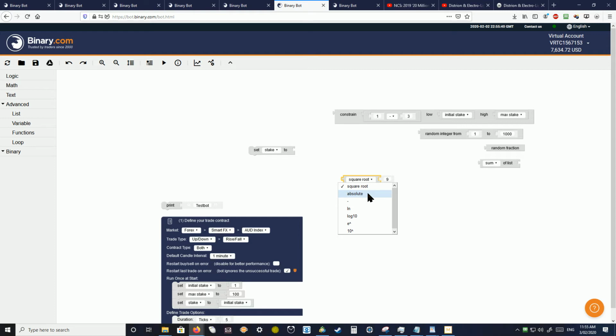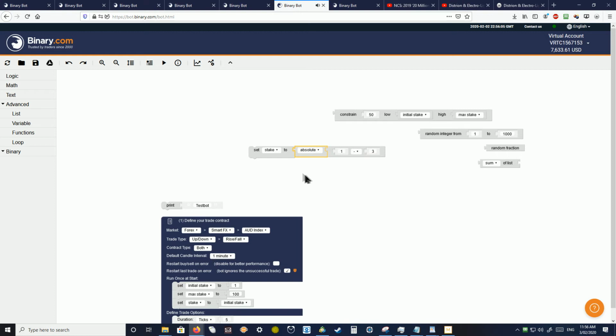So absolute always returns the positive value of something. So if I've got this value here, 1 minus 3, and I set stake to that right now, stake would equal 1 minus 3. 1 minus 3 is negative 2, and we can't have a negative 2, but we can do this and it will always return the positive version, so it will become positive 2. So stake will become 2. So that's what the absolute function does, and then under that you've got the negative,